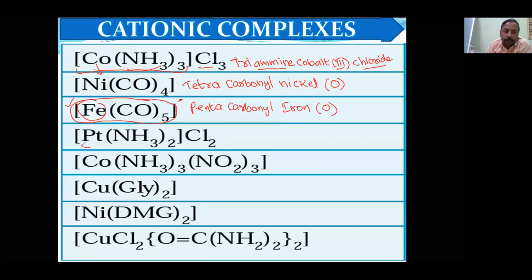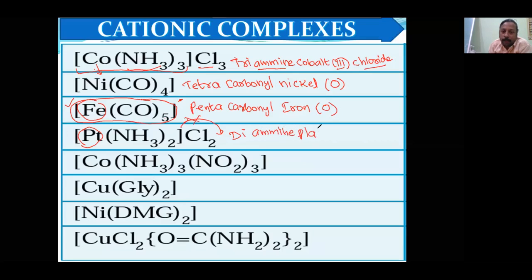It is now on the left hand side. Some things are the same in both names, like platinum: the Greek name is platinum, and the normal name is also platinum. You can write platinum or platinate. If it is on the right hand side, then it will be platinate. As it is on the left hand side, it will be platinum only. Okay, so first it will be di. Ammine spelling A-double-M-I-N-E, ammine. Okay.